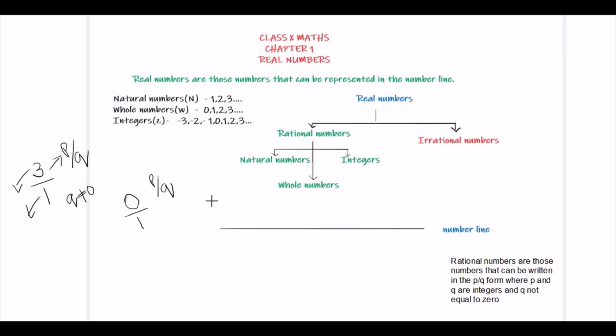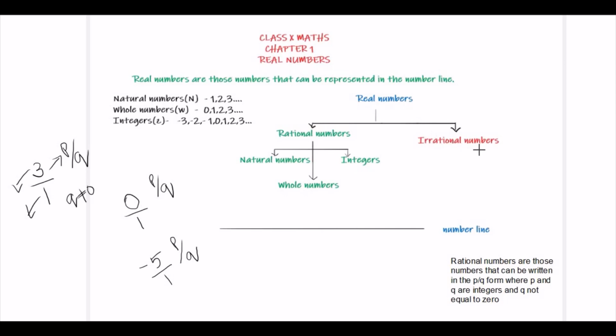Next, let's come to the integers. So integers are negative and positive numbers along with 0. We have already discussed the natural and whole numbers. So natural and whole numbers and the negative numbers form the integers. Let's take an example of a negative number. Negative 5. Negative 5 can be represented as negative 5 by 1, which is of the form p by q, where p and q are integers. That is, negative 5 comes under integers, and 1 also comes under integers. So all these are rational numbers.